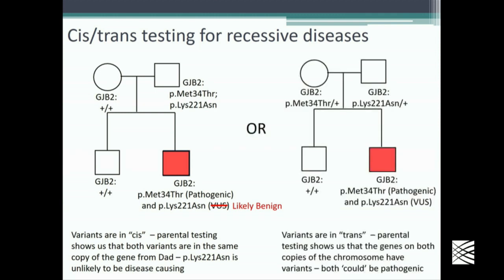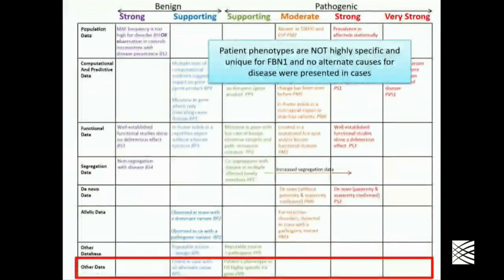In contrast, if you were able to show the variant was on the other allele, that remains a VUS, but it provides some supporting evidence towards pathogenicity. Okay,